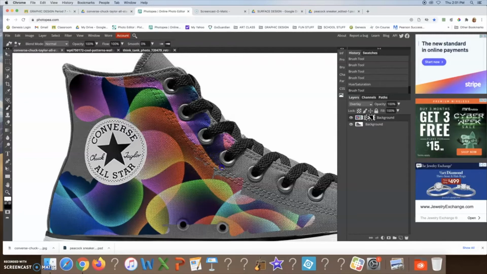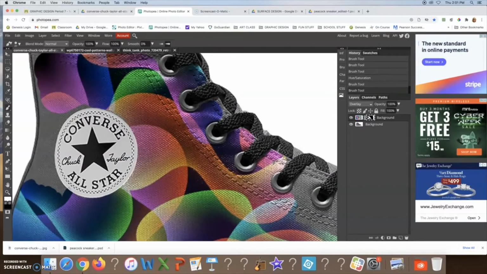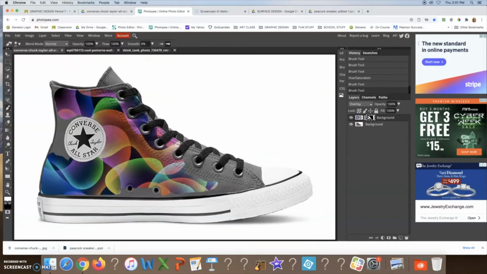So if you have a very colorful pattern, getting rid of the color in the background where this colorful pattern is being placed will really make those colors stand out. Okay, so you can see that looks pretty realistic, and if I continue this process and get that really trimmed up nicely, it's going to have that really realistic effect that this pattern has been printed on the